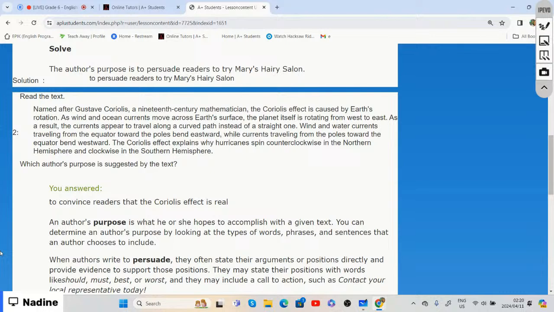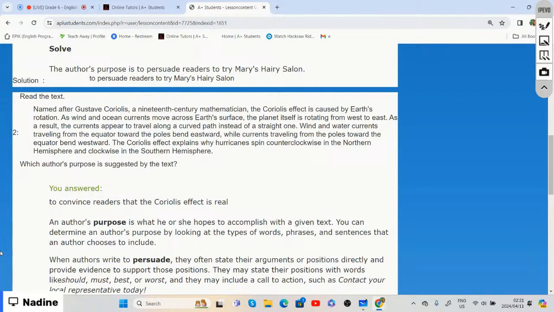So when it comes to the purpose of the specific reading piece, if we suggest what the purpose is of this story, then it says that it's named after